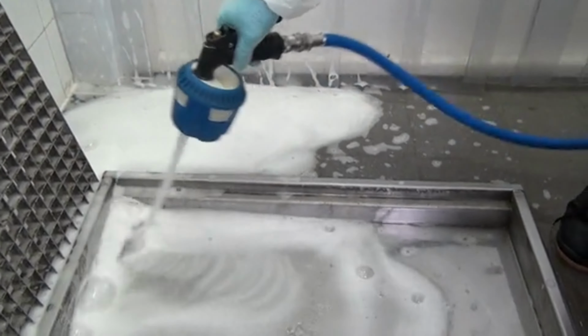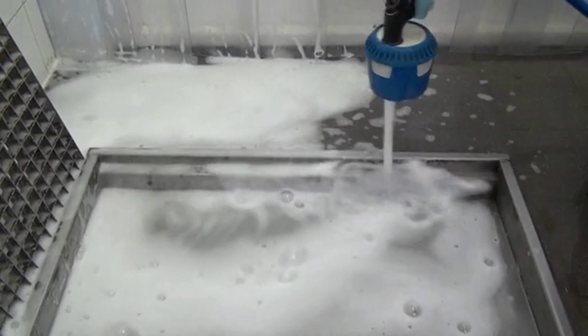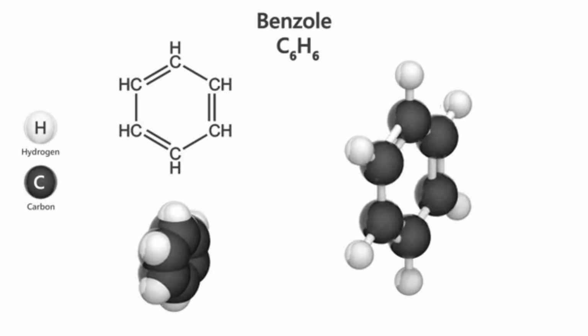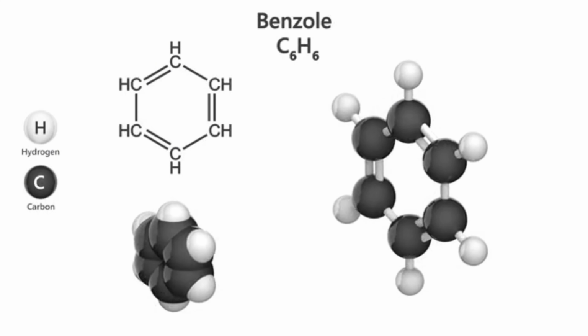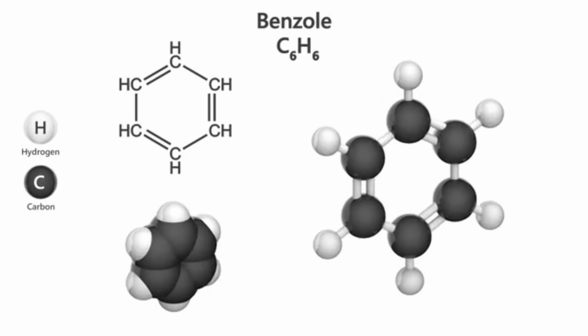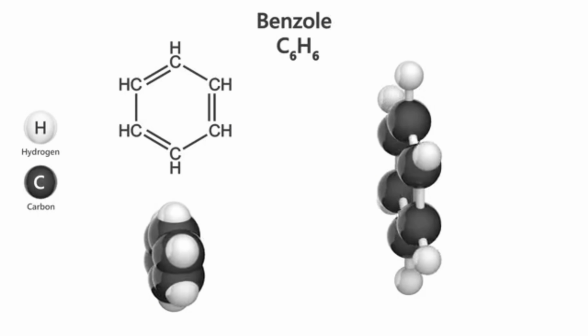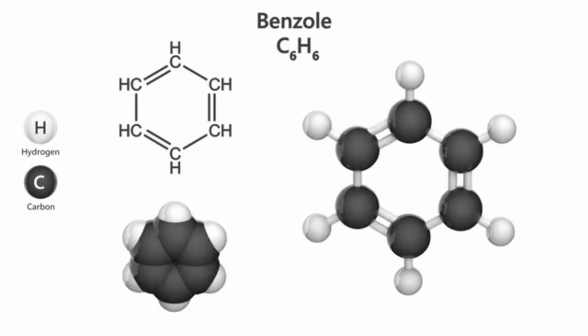Here's another one. Hot water can freeze faster than cold water under certain conditions. This is called the Mpemba effect, named after a Tanzanian student who observed it in the 1960s. Scientists still debate exactly why this happens, but it likely has to do with how hydrogen bonds reorganize at different temperatures. Water is full of surprises.